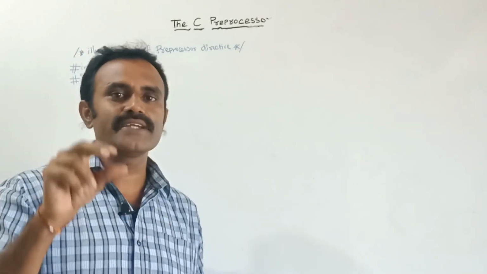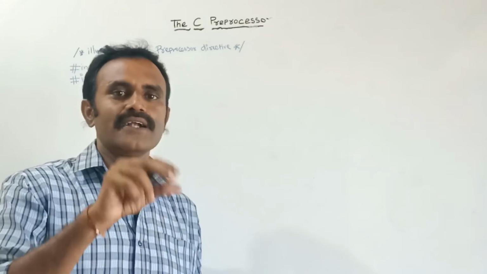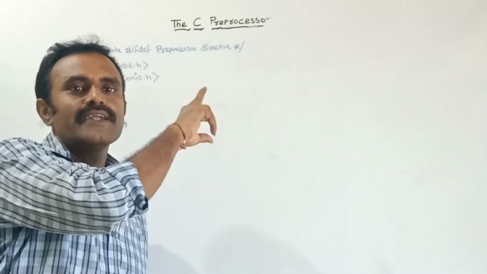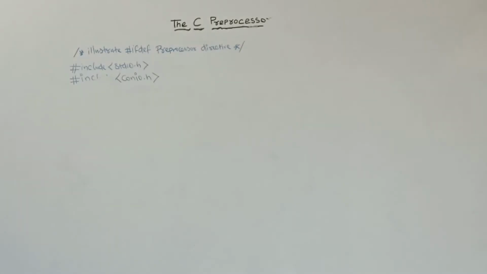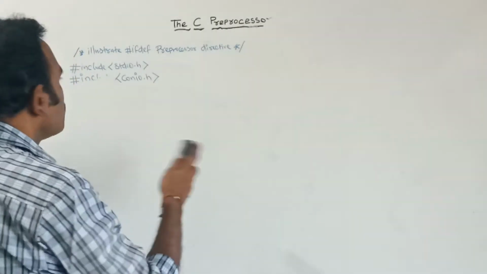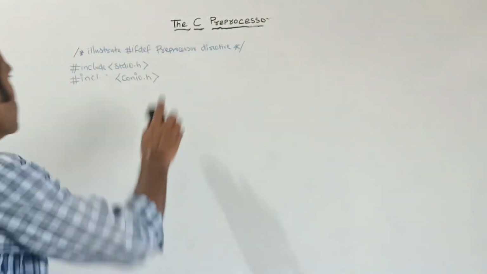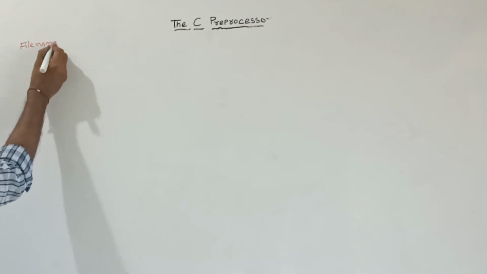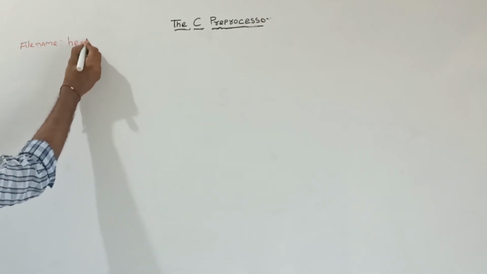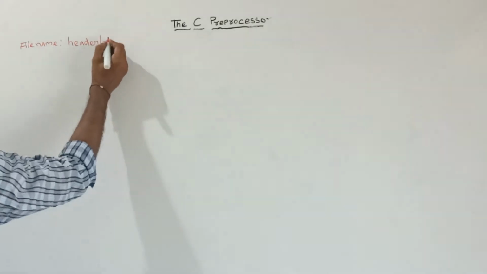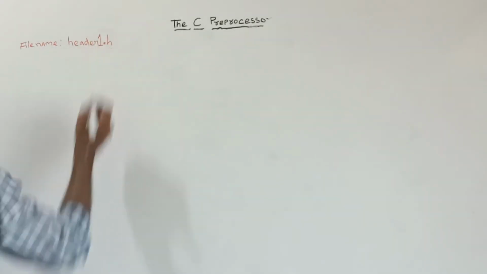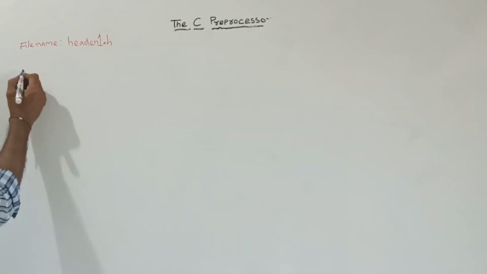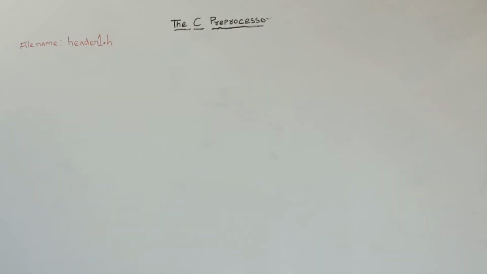So here, very first I need to create a header file, and I should include that conditional compilation directive in the header file. See here, now let us see about that. So first I need to create the header file. See, first I am writing the header file for this one. Here I can write some function code.